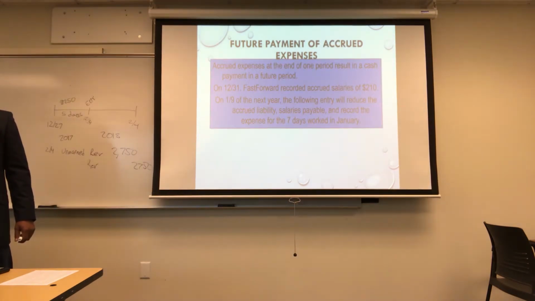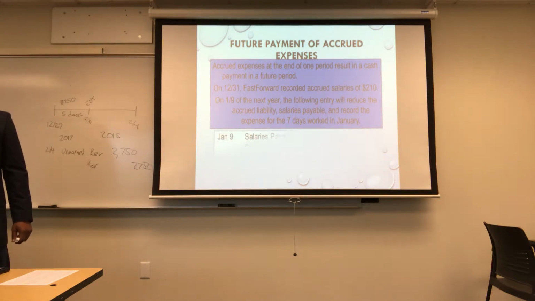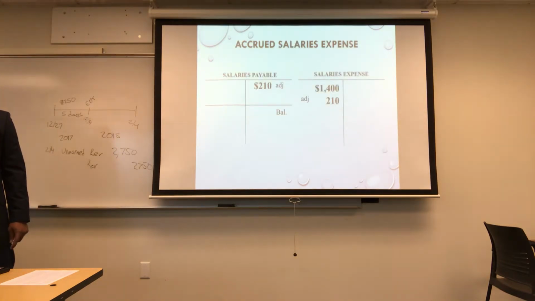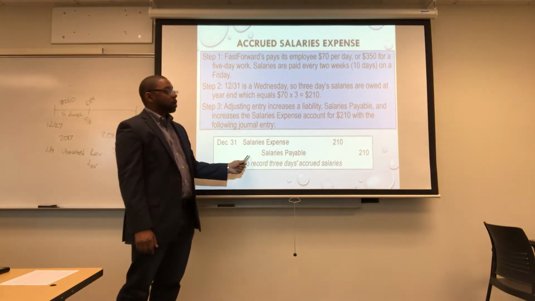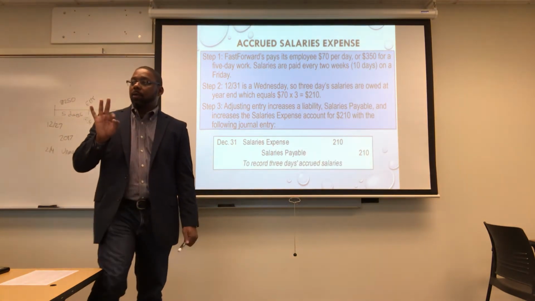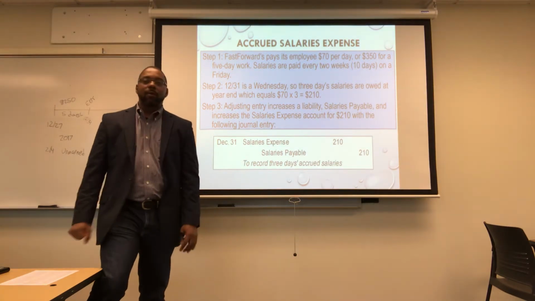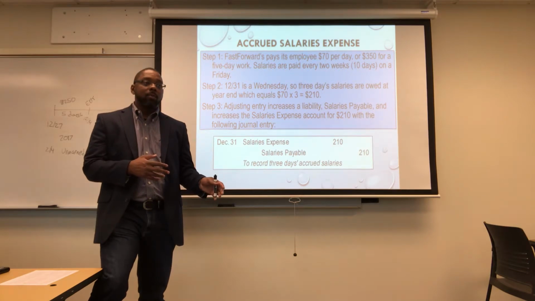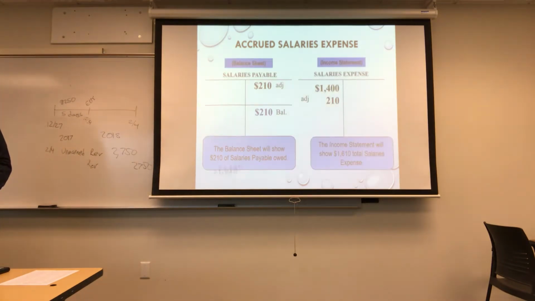Let me show you. So on the 31st, let me go back one more. On the 31st, we want to make this entry to make sure the 3 days of salaries are expensed on the 31st. Then 7 days later, when the payroll is due, on January 9th, we're going to make this entry,